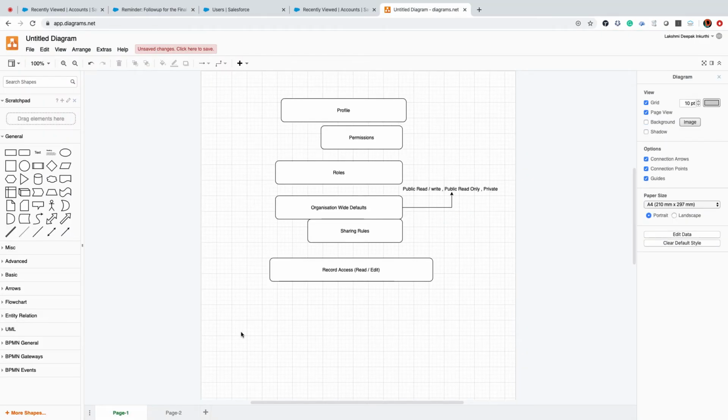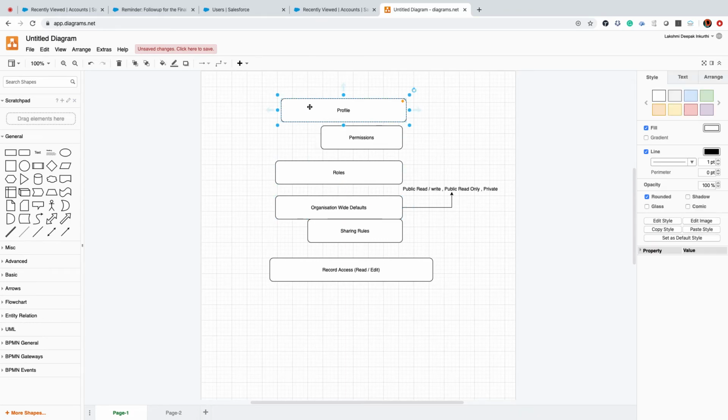Even though it is applied, only if he has profile permission can he read the data. If he doesn't have object level security enabled first, then he can't access the data. So what is required? First I should have a table permission, and then I'll get my access to the data. If I have only data access and no table access, then I don't see my records. If I have only table access and no data access, then I can't see my data. So at any point of time, you should have both the accesses in place.